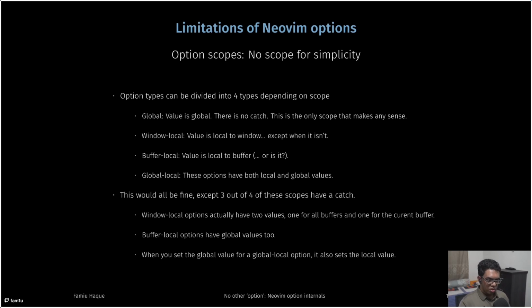Why would you want to set the local value? I'm talking about API, by the way. I know set always sets the local and global value, but I'm talking about through the API. When you set the global value, it also sets the local value. I have no idea. Actually, I do have an idea, but you know,